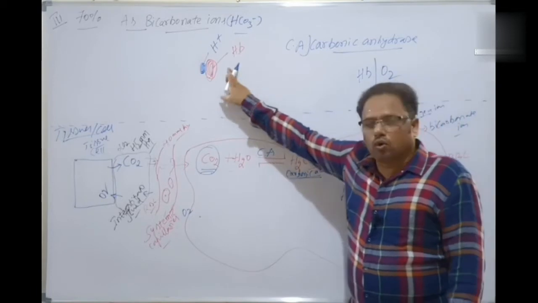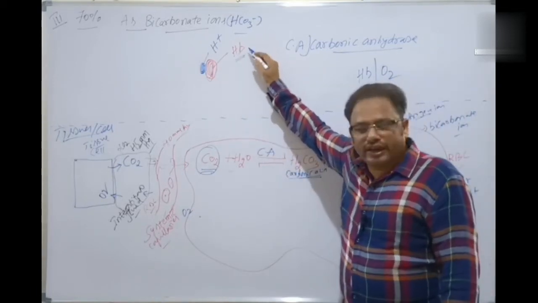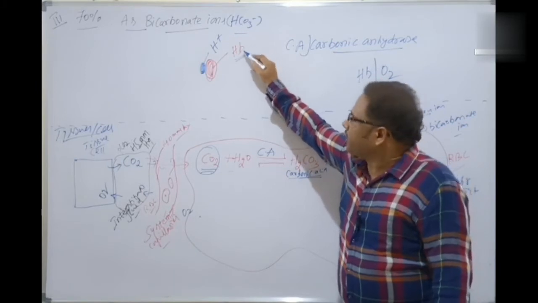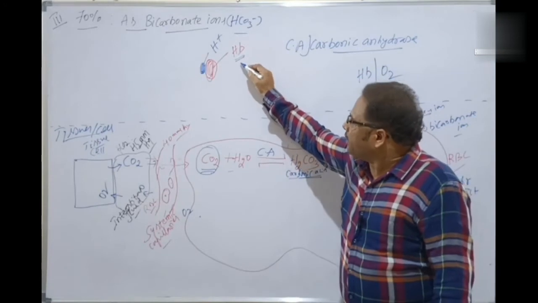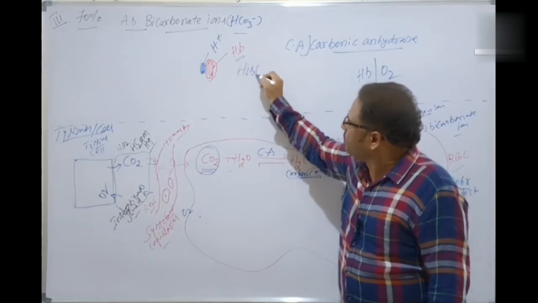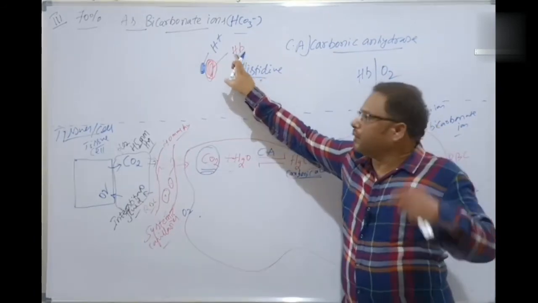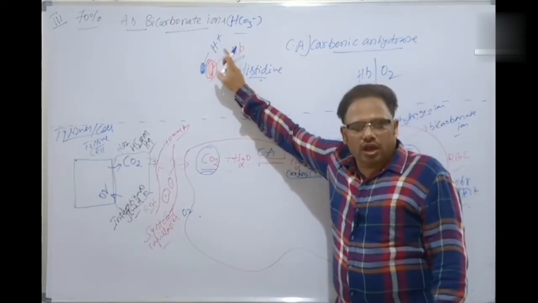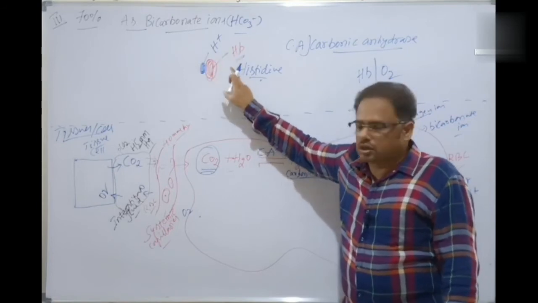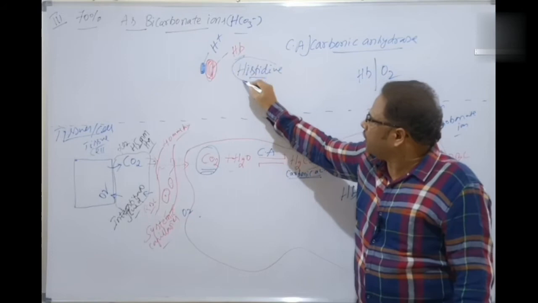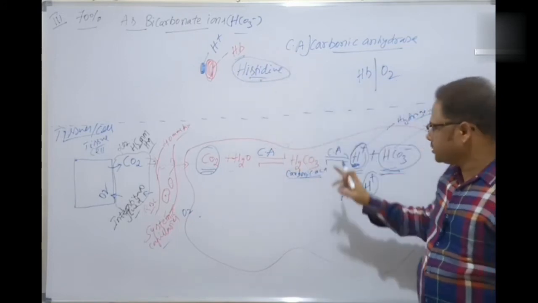The hemoglobin. Because hemoglobin is a conjugated protein, and it contains the globin, and the globin contains high amounts of an amino acid called histidine. So the hemoglobin can buffer the hydrogen ions because it contains high concentrations of the amino acid histidine. That is the reason here. All of you know this point.